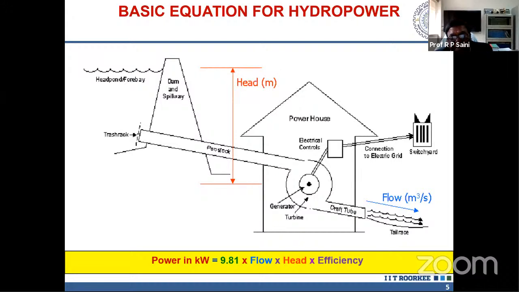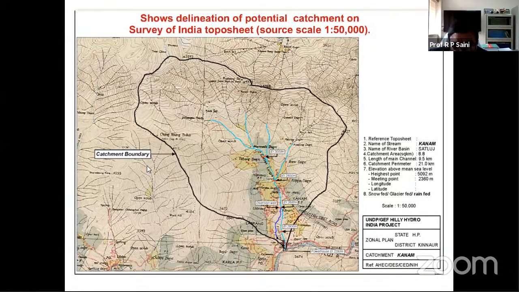And if you don't have one, suppose you have a plain, virgin site, that means there's nothing, there's just a stream flowing. Let us talk about this. Suppose in a hilly area there is a stream and you want to know how much head will be available. That means the only source is topo sheets. The maps are there, and nowadays the maps are available. Of course, some restricted areas will be there, but you can get those maps.